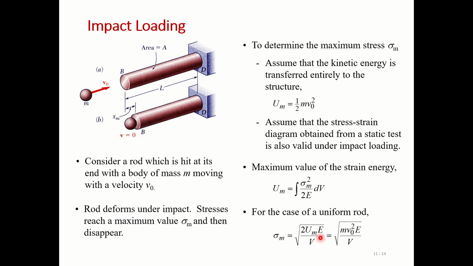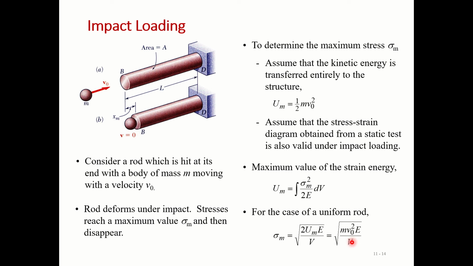If all of the kinetic energy is converted into the deformation of this rod, we can equate this strain energy with this kinetic energy, so the strain energy in the rod is due to this kinetic energy. Although in real applications, all of the kinetic energy is not converted into the deformation, this is the assumption for the present analysis. So all of the energy that was associated with the ball which was hitting the rod is converted into strain energy of the deformation of the rod.